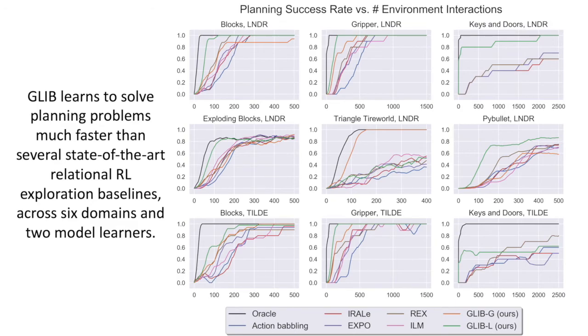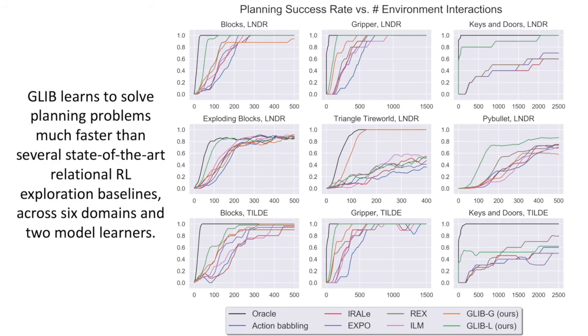In experiments, we see that GLIB performs extremely well. These plots show average planning success rate on a test set of goals across various domains. The black curves are an oracle exploration method that has access to the true model. In all domains, either ground or lifted GLIB significantly outperforms all the baselines, which include state-of-the-art relational exploration methods iRail,